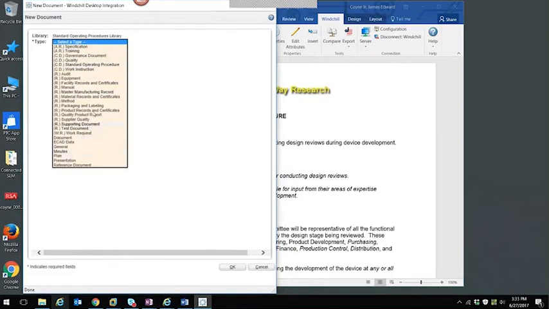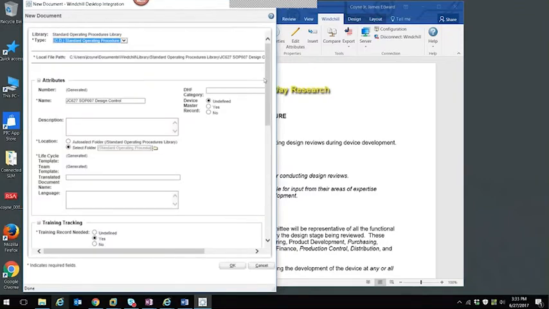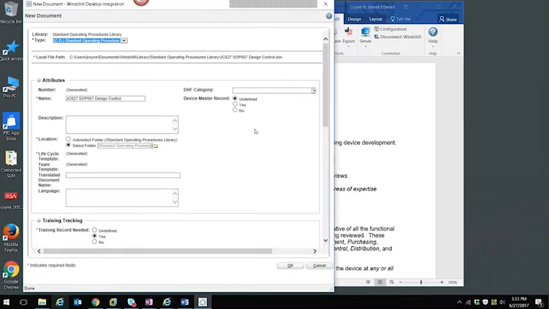So because this is a standard operating procedure, I'm going to select standard operating procedure. And by selecting that, it's going to drive some behavior here, specifically attributes associated to this control document in the form of a standard operating procedure. And it's just going to populate the name that I gave it going in. Also,